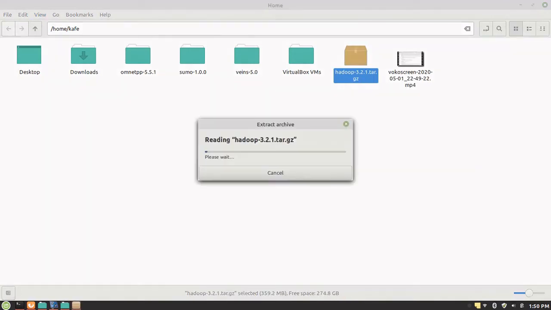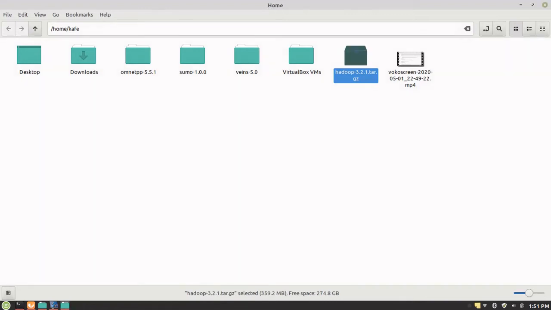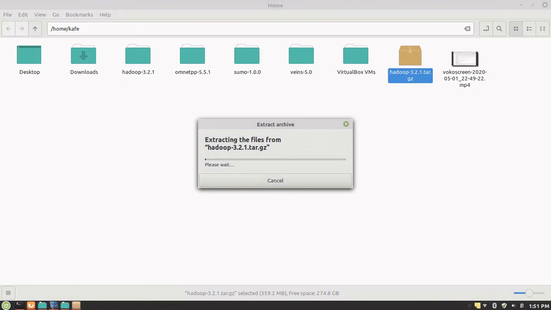Extract the files here. It will take some time. This is a simple method. Okay, so once it is unzipped, it's good to rename the unzipped folder. You see the current name is Hadoop 3.2.1. So to make it simple, you can keep it as simply Hadoop,